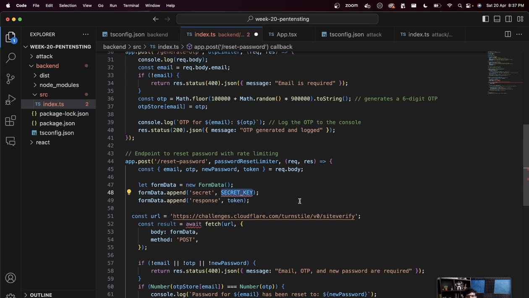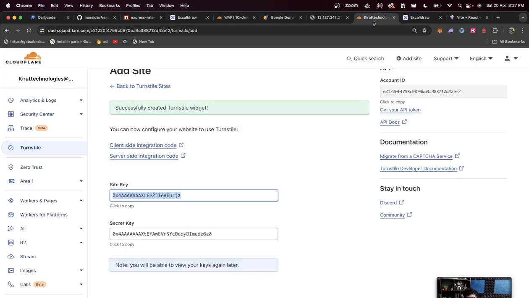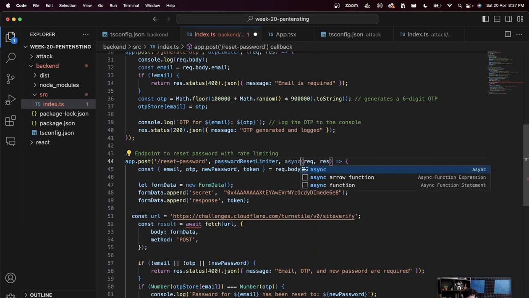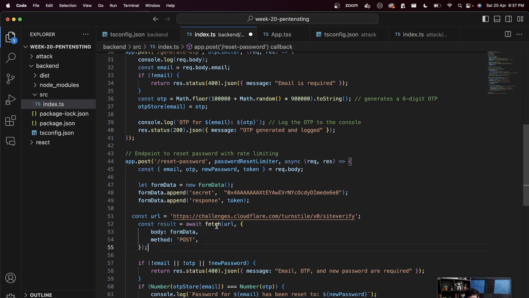And you have to put your secret over here. The front end gave you two things, right? Whenever you created a site, it gave you a site key. It also gave you a site secret, so that you are the one who can verify this token. So you have to put this secret somewhere in your code, or rather not hard code it, put it in an environment variable. You get the idea. And then you can ask Cloudflare, is this correct? You send them a token to siteverify and ask them, is this right? And if you look at the result over here, it'll pretty much return you true or false based on whether or not this is a legitimate challenge